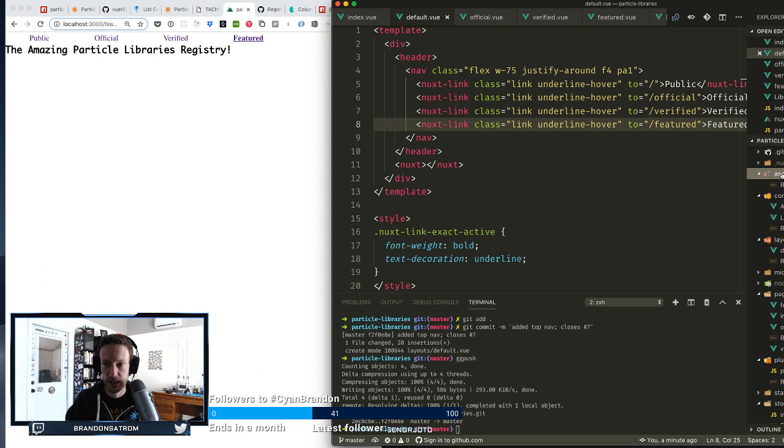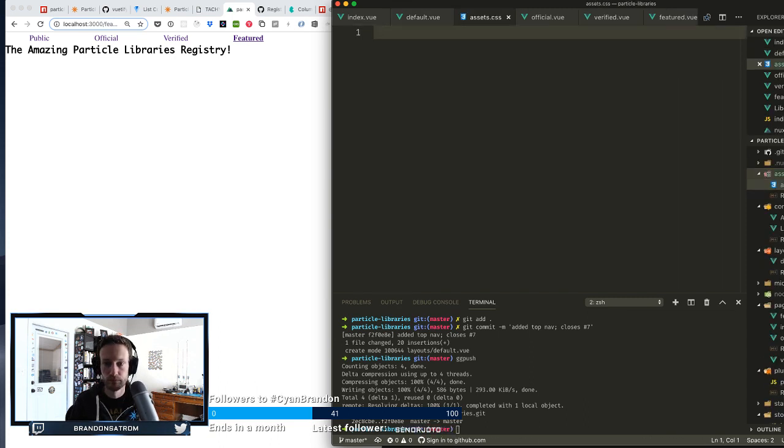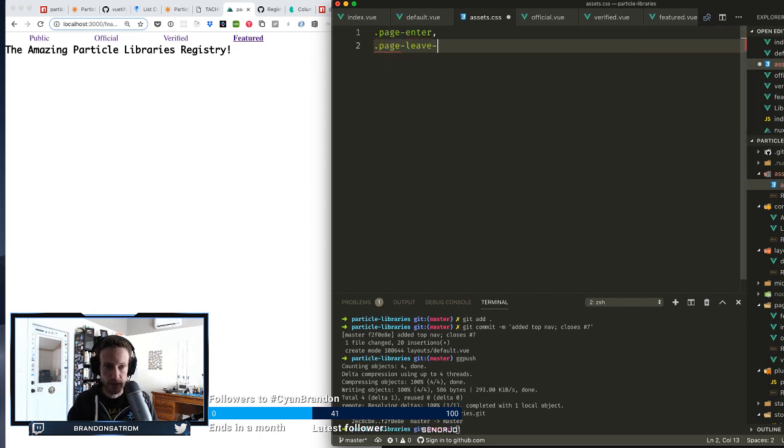So the way that works is that I will just add a new file. We'll call it assets.css. And there's a few different things that you can do. Page enter, page leave, interactive. This is something that Vue and Nuxt provide out of the box, so it's really easy to do transitions from one page to the next. You can do crazy things with it. We're just going to keep it pretty simple, and we're going to do a page enter, page leave to, an opacity of 0,